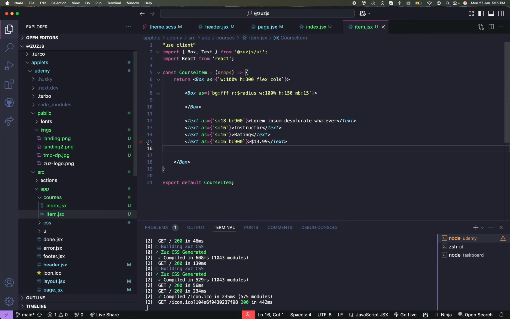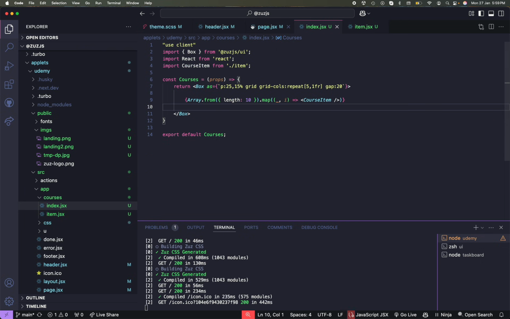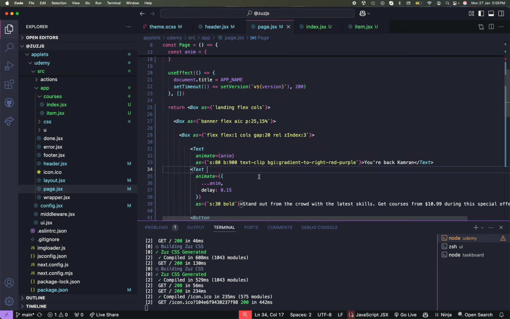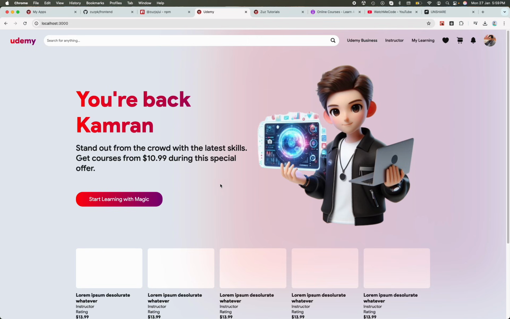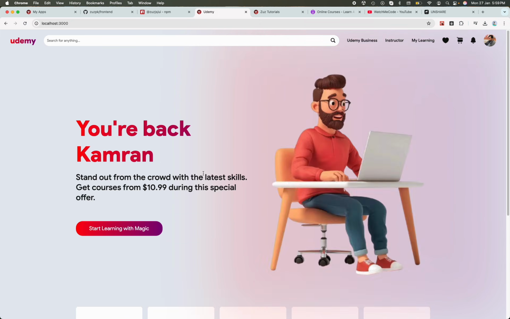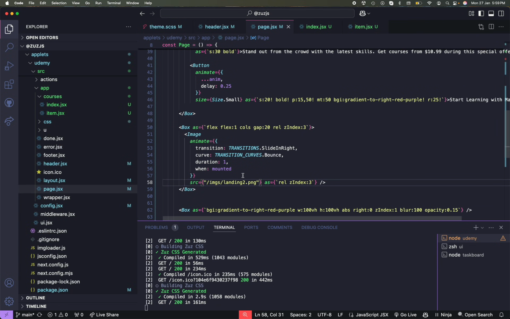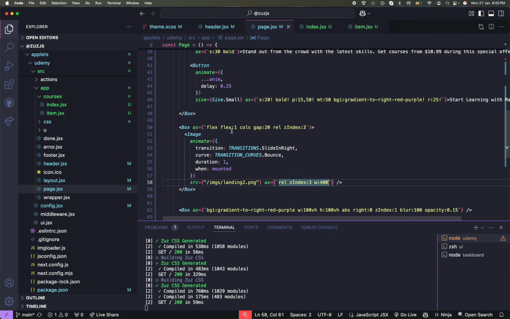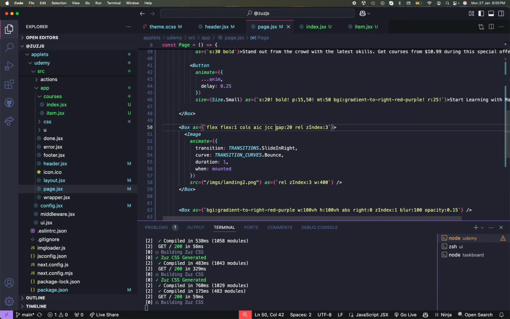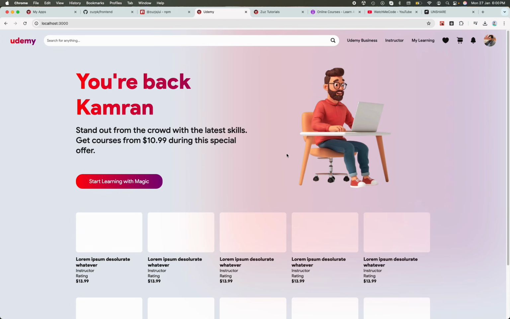I have another image, I guess we should use that one. Let's test it and change the image from landing to save. Yeah, this one is better. Let's reduce its size. Now let's add a width of like 400. Yeah, this one is good. And add align items center and justify content center to keep it center of the box. Now we have a better image. I like it. If we reload,